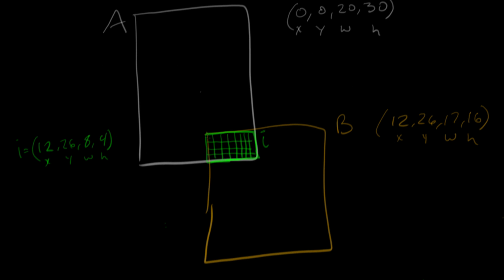So that will be this here. So we're going to look at this pixel here. That's 12 by 26. So let's make a room here. 12 by 26. So 12 by 26. That is in I. We need to get that in